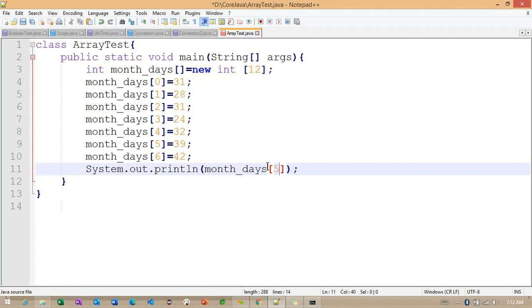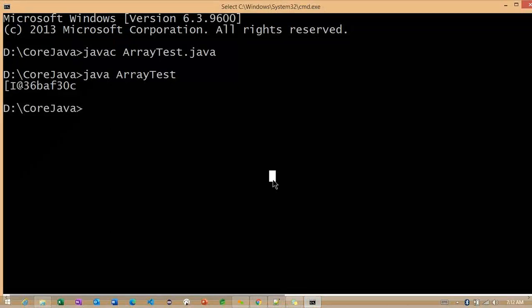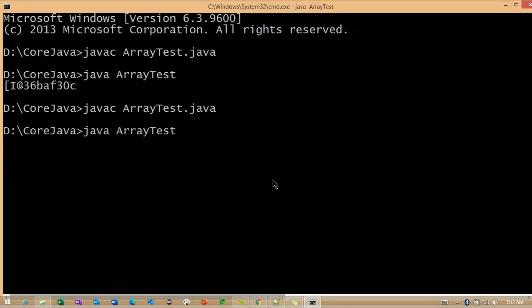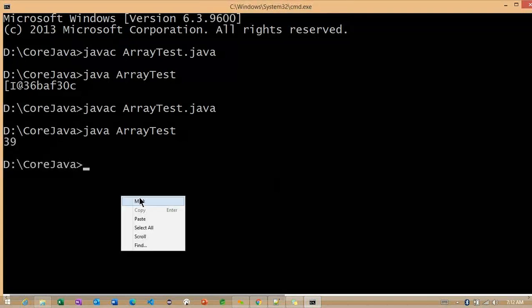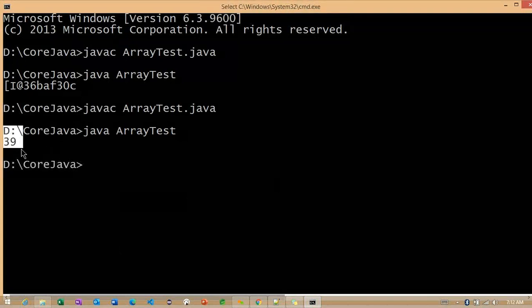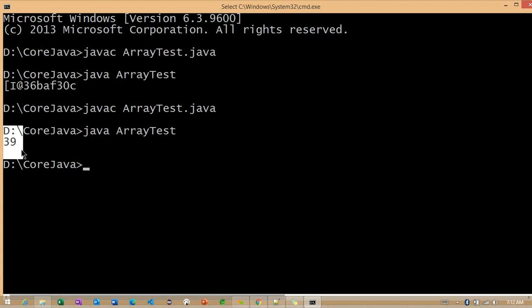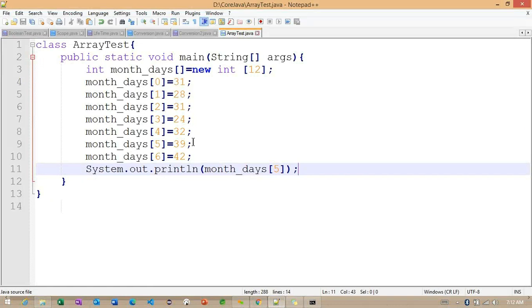I want to find out the fifth one. If I compile one more time, it's compiled successfully, and execute. Now we can check: 39, 39. Whatever value is available inside the fifth location, the same value we are printing here.